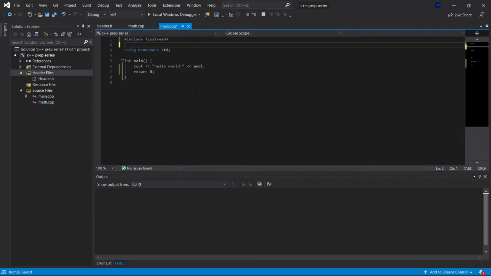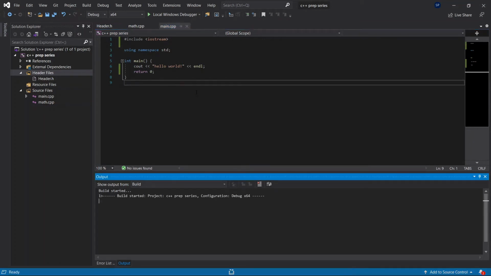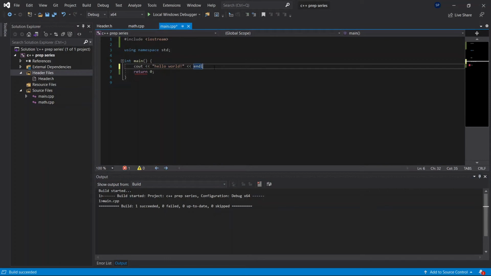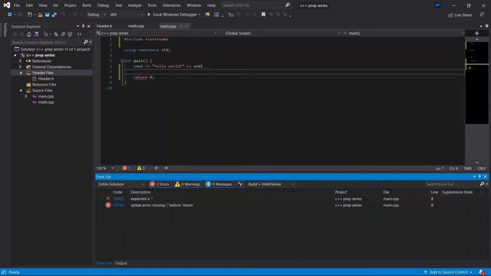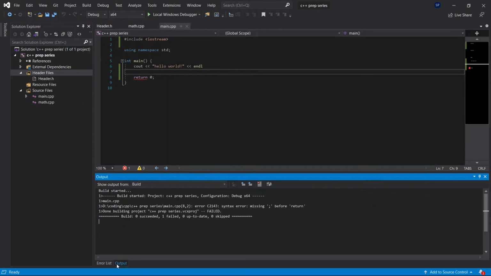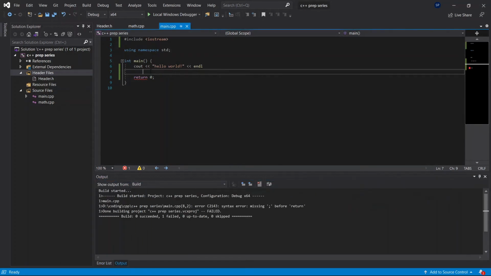In the main.cpp, I would like to compile this main.cpp once. You can see it compiles without any error. Now I would remove this semicolon. As you know, it should throw a syntax error because we are not following the rules of C++. So let's try to compile it again. It is showing we are missing a semicolon. To prove that include simply copies and pastes,